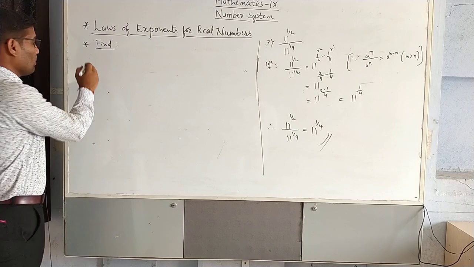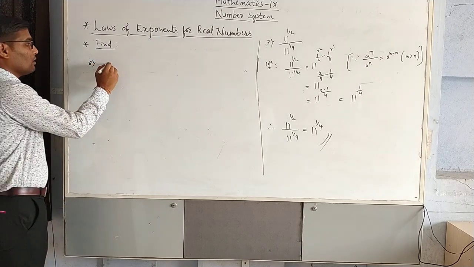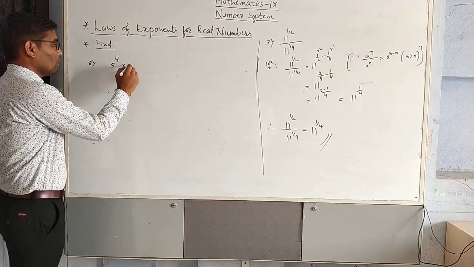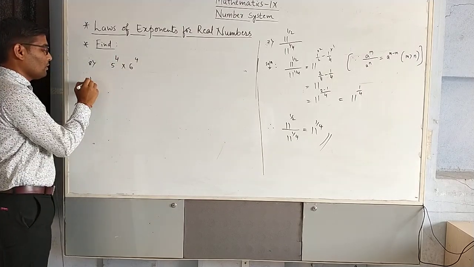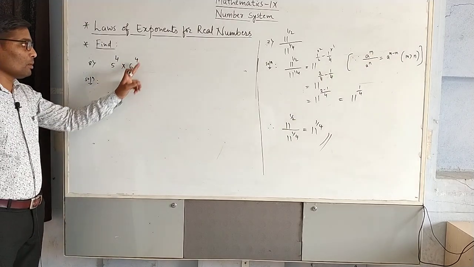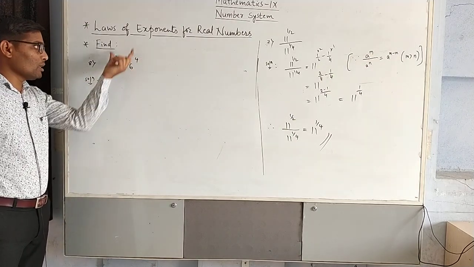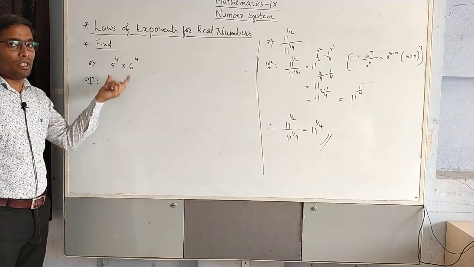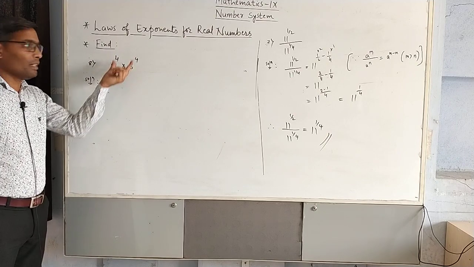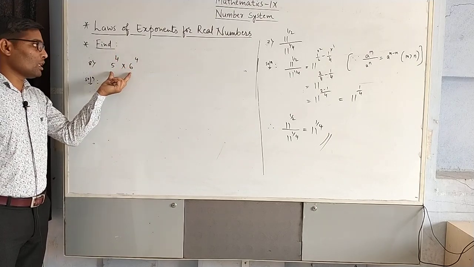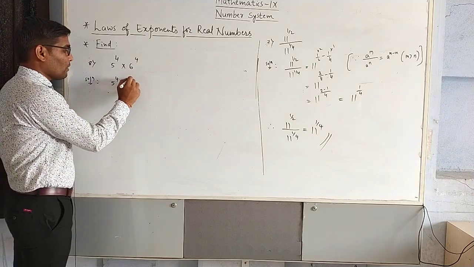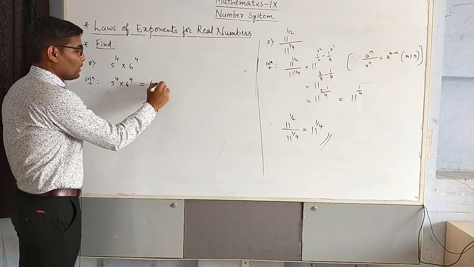That is the problem number 8, that is 5 to the power 4 into 6 to the power 4. Look at the given problem, 5 to the power 4 into 6 to the power 4. Here the bases are different but the powers are same. Then we need to use the fifth law of exponents. When the bases are different and the powers are same, then we need to multiply the bases. That is 5 to the power 4 into 6 to the power 4 equals 5 into 6 whole to